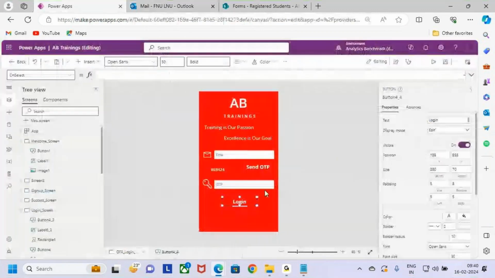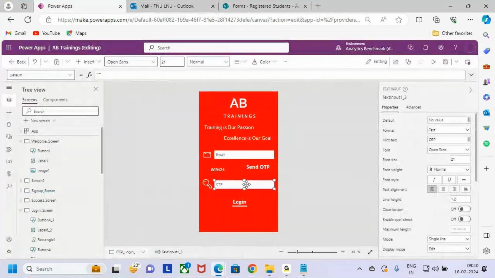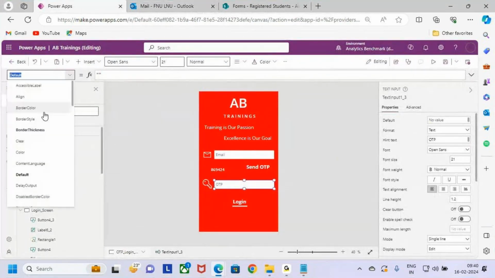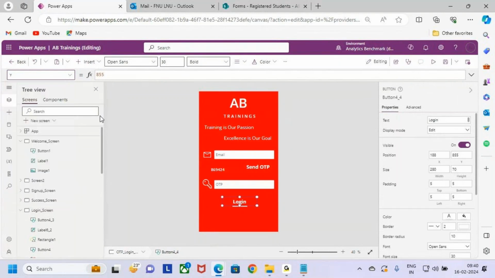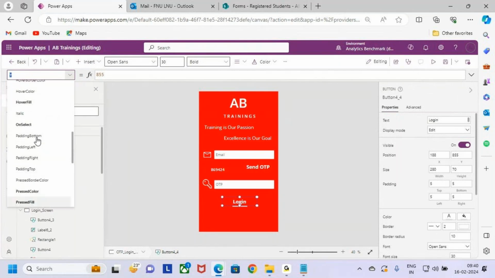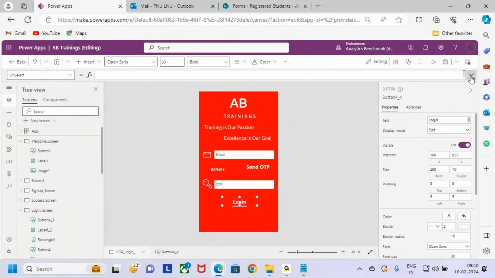Now I want to go and write one logic here. Go to the OTP, go and select the OnSelect property. Now on select of this button, what I want to do, sorry, here, let me go to the login button, go to the property called OnSelect property. Now here I want to write one if condition, guys. If